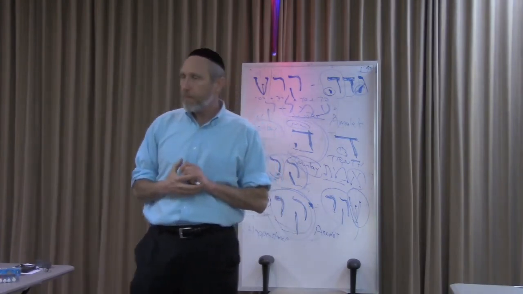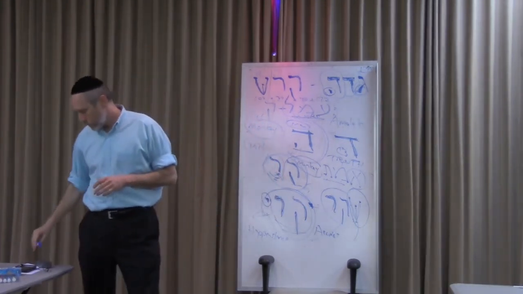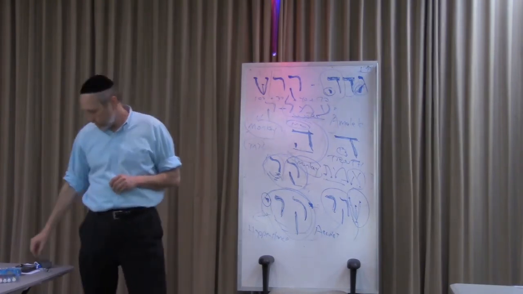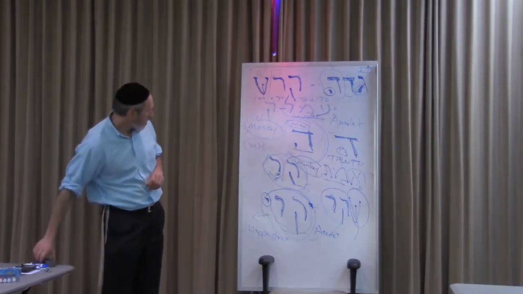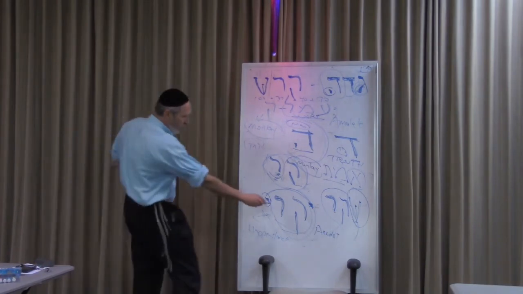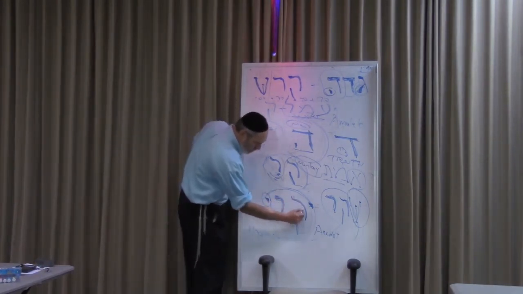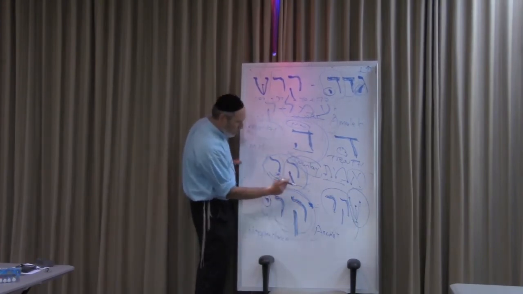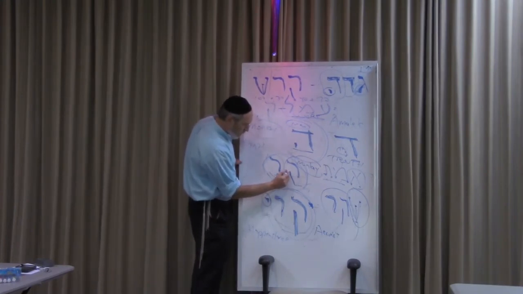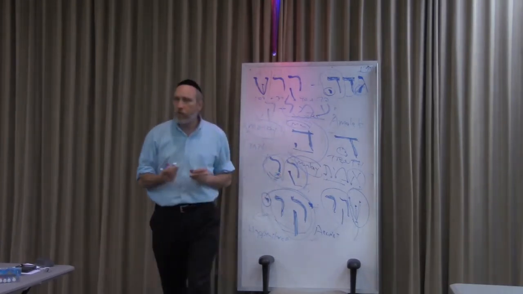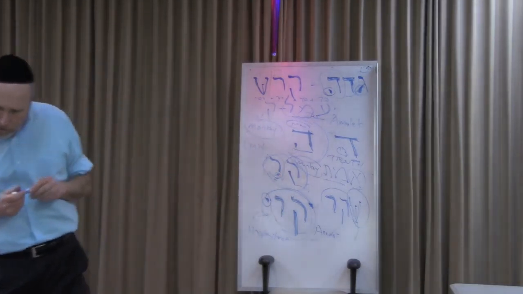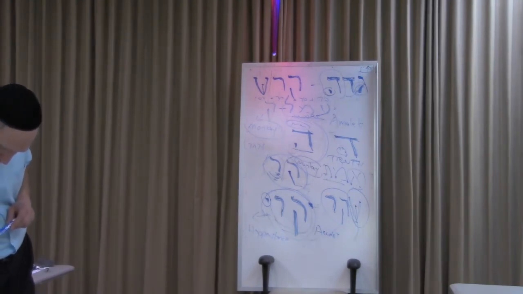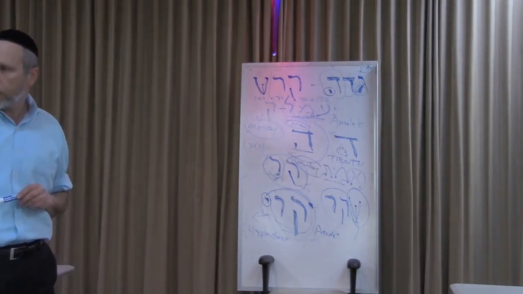Yeah, go ahead. Quick question. I'm a Hebrew noob, so can you just draw the kuf the way I see it in prayer books? Yeah, like this probably. Probably just like this. It's the same thing, the only thing I did was I made it curved a little bit. Okay. But the way it is in a prayer book, you pull out a prayer book, you see? Yeah, that's close enough here.